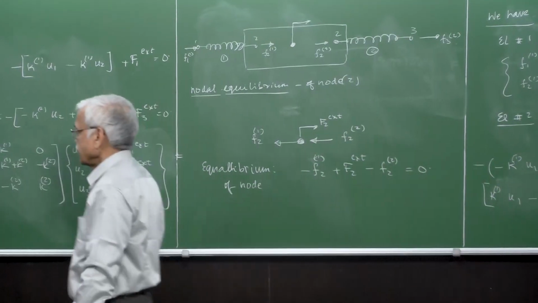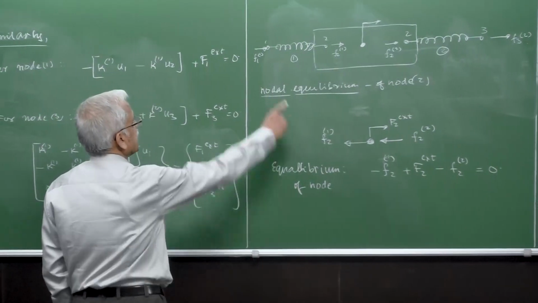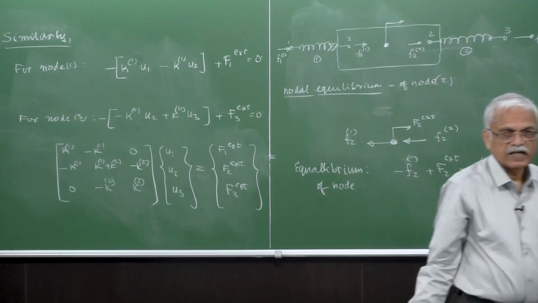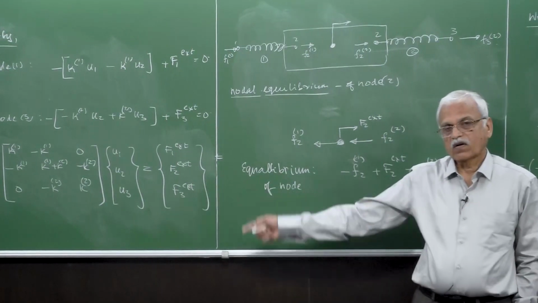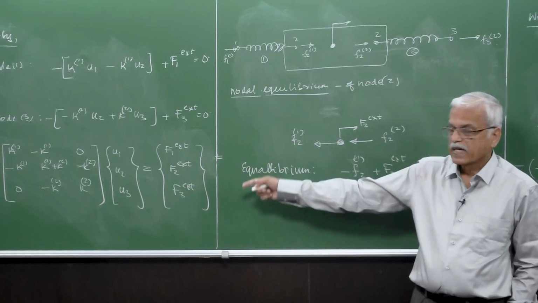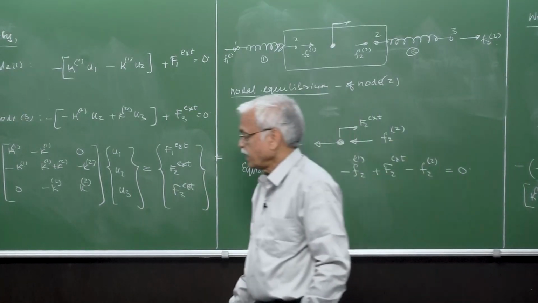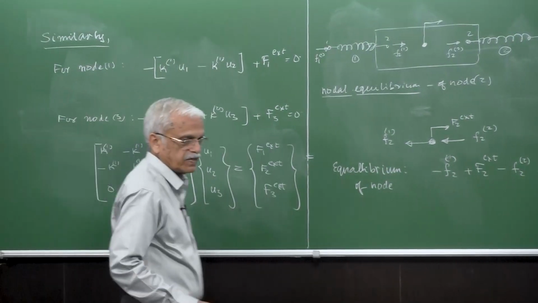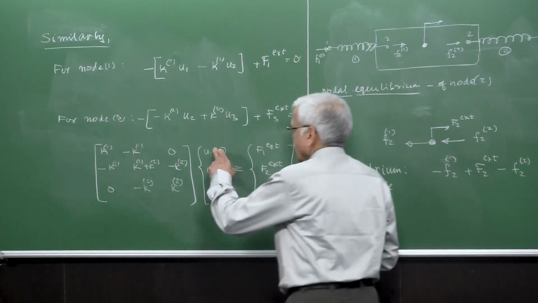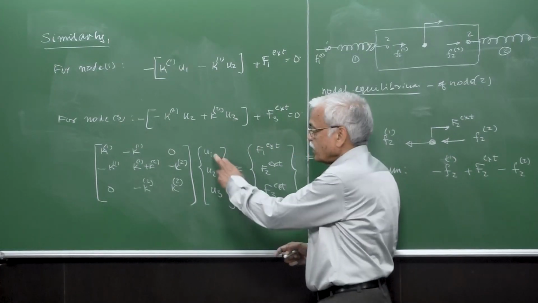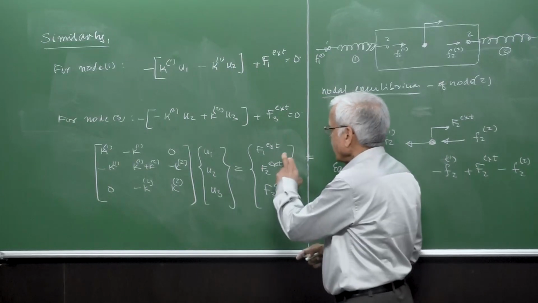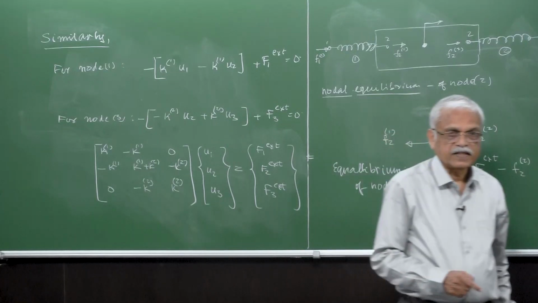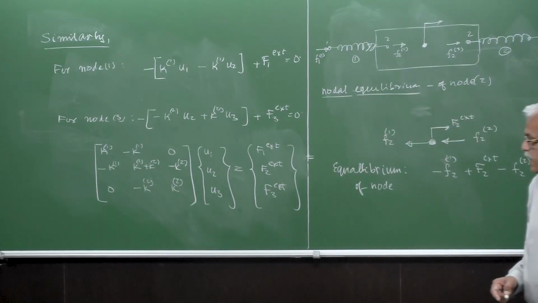And remember that these are all very simple problems in the sense that we assume that they are all spring elements, they are all in one dimension, and the forces are all in the x direction, as well as the nodal displacements are measured in the x direction only. Okay, so this is the final set of equations which connects the global displacements U1, U2, U3 of the three nodes, and these F1 external, F2 external, F3 external are the external forces which are acting on the